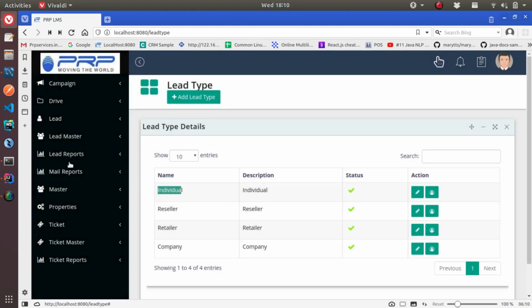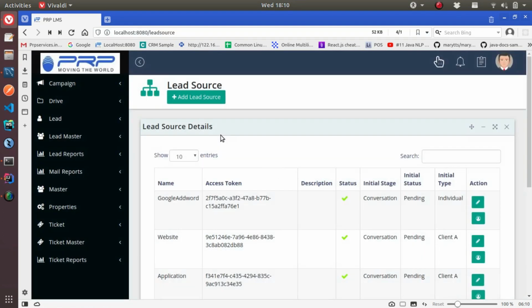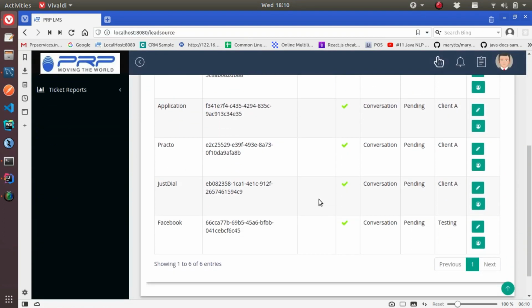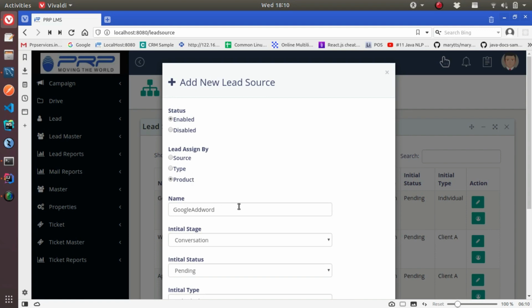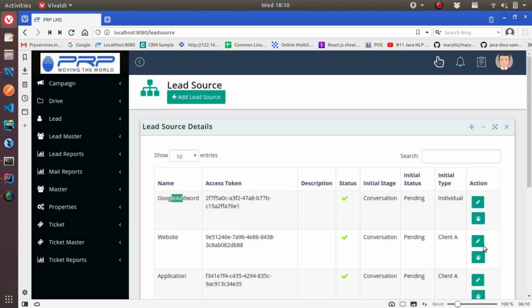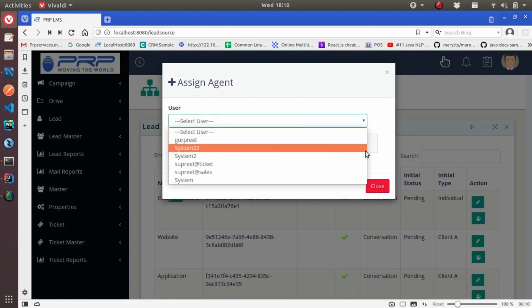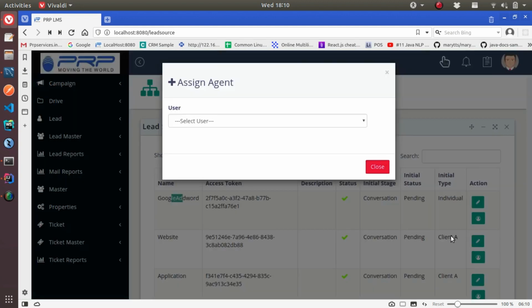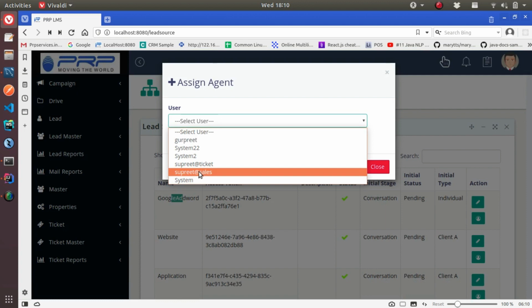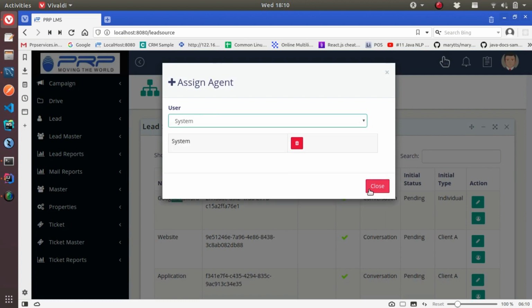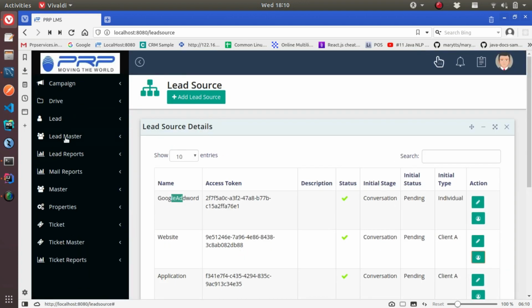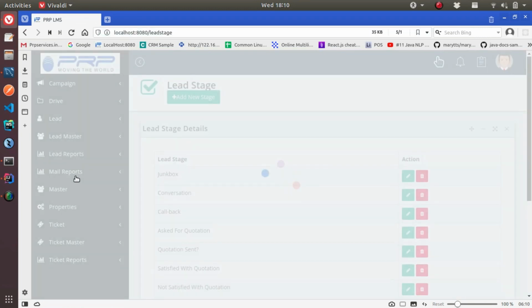Next one is lead source. That is from where we are getting leads. Same as in case of lead types, we can create new sources, edit current ones, and assign agents to the sources. We can have multiple lead sources based upon our reach. On the leads page, I showed you two methods to add the lead to the system. From here, we can add online sources and configure them to automatically add leads.